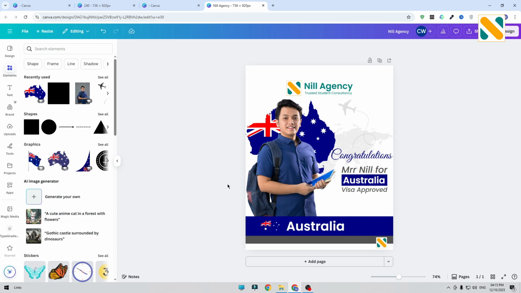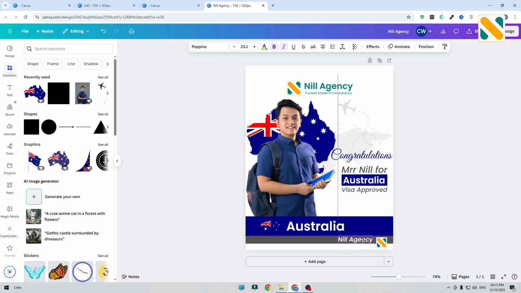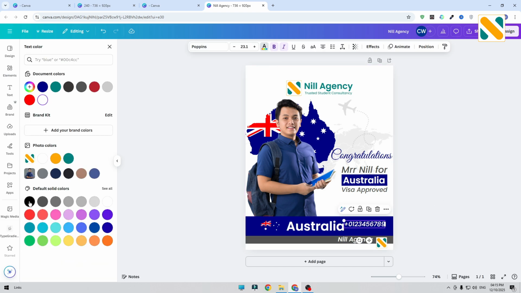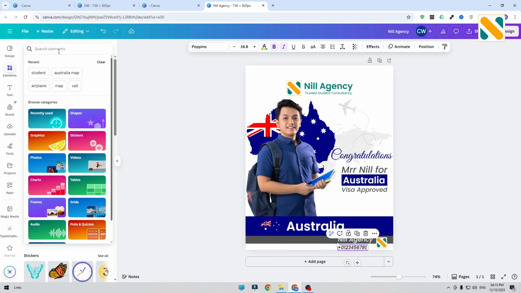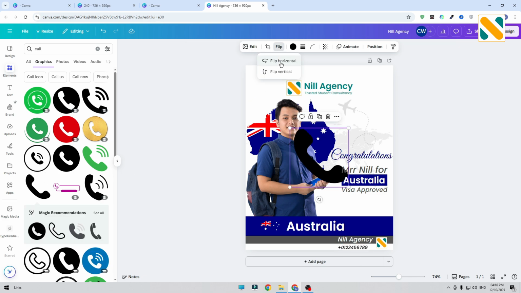Okay, so I am writing my agency name again here, duplicate this text, change the font to white, writing my agency name, for example, Neil Agency. All right, Neil Agency, and again duplicate this, double click on this and write your phone number here, make it black color and place it here. Go to elements and add a call icon, go to graphics, add this icon, flip it horizontally,